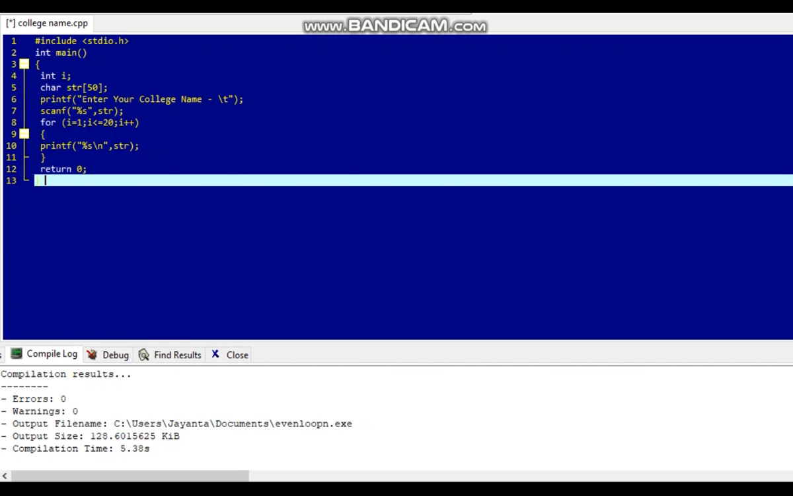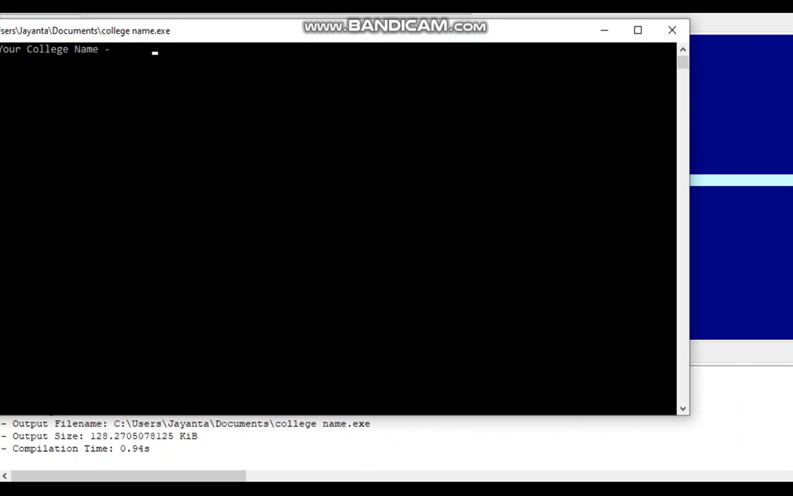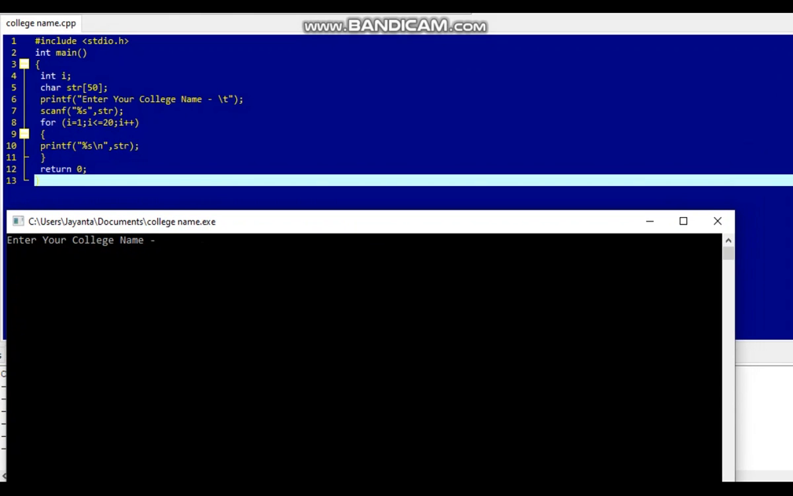And the printf function is shown here, that is %s, and the string will be printed or displayed here. Now I am going to compile and run it. You can see the message is given here: enter your college name. So your college name is SVIST,